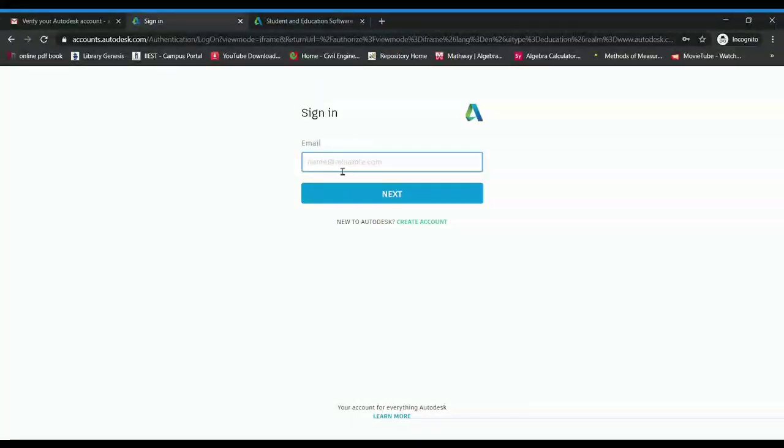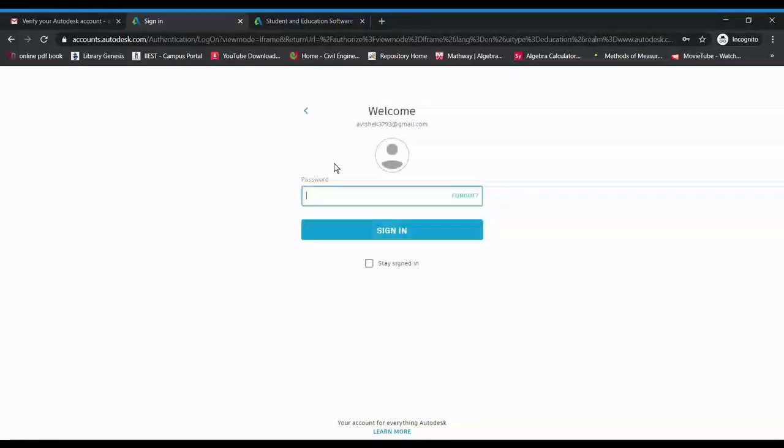So with this email using which you have created your account, then click on next. Give your password and don't forget to check this button. Then click on sign in.